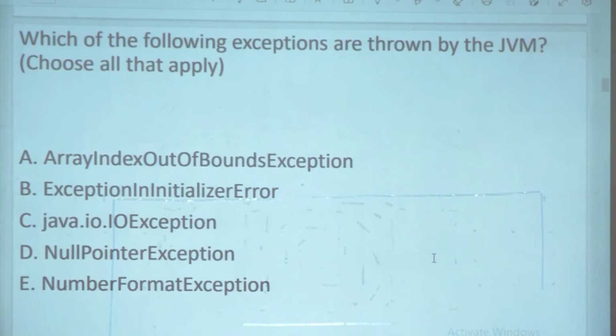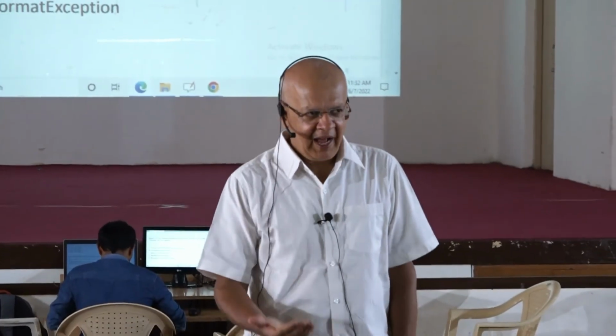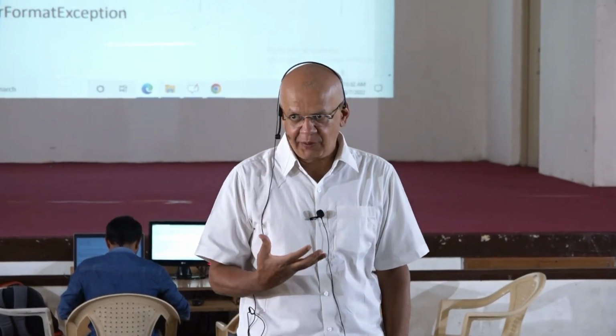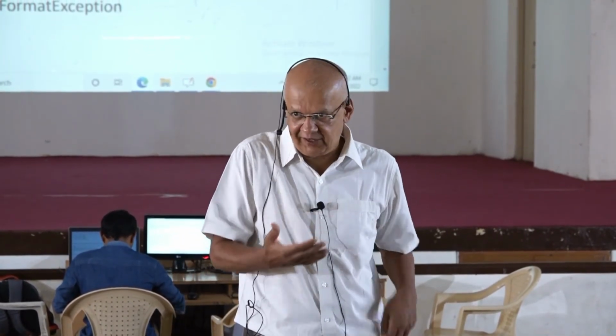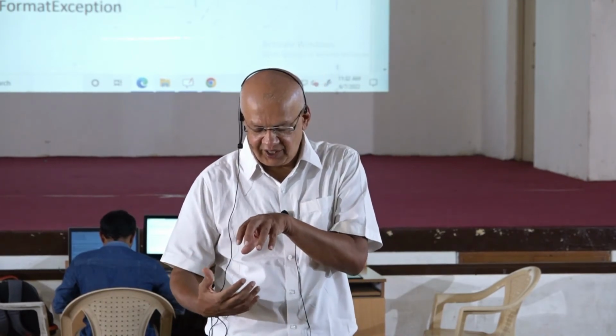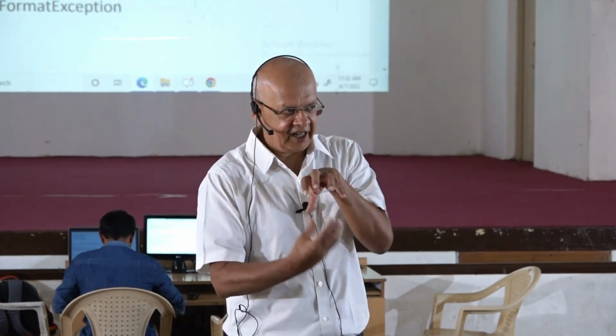Now this is a thing which I may not have covered. Which of the following exceptions are thrown by the JVM and which are thrown by the program? It's a good point. See, some of these things we miss when we are talking. I have not discussed this, but this is a good time to discuss this. See, some exceptions come as part of the OS. They are triggered from the OS. So they are the exceptions which are triggered from the JVM itself. Because the JVM, Java Virtual Machine, runs on the OS.